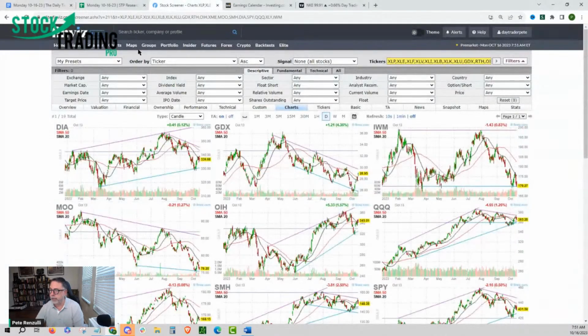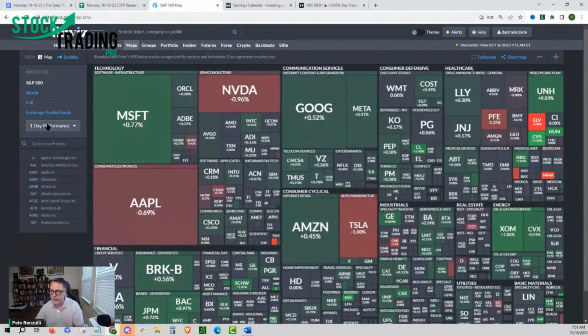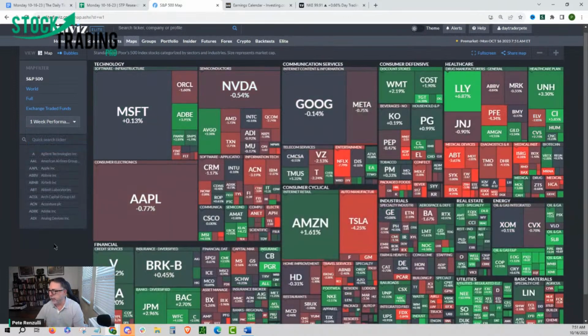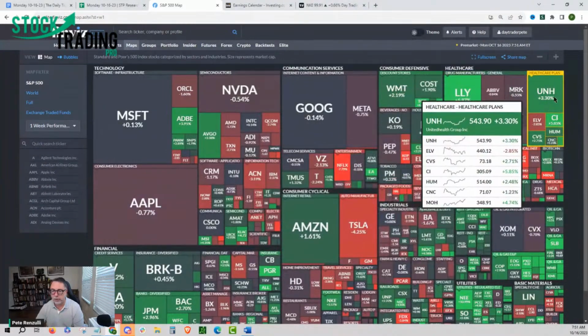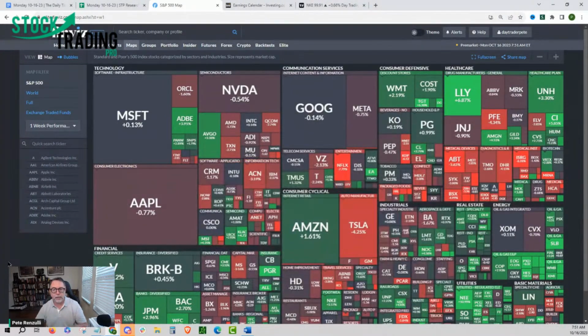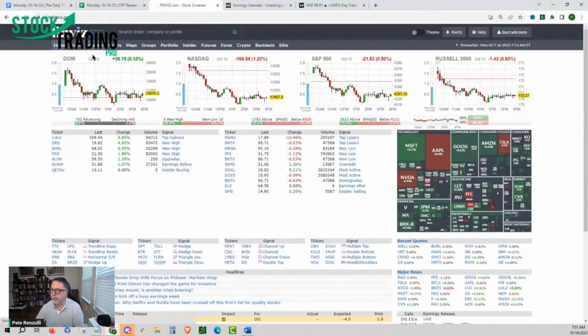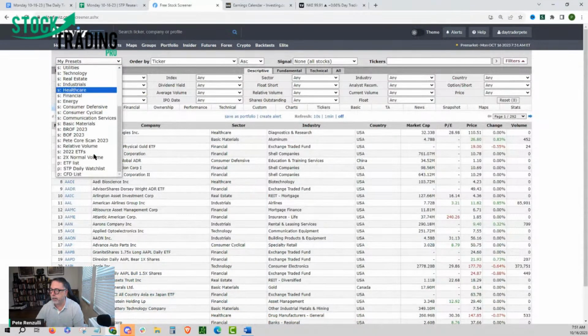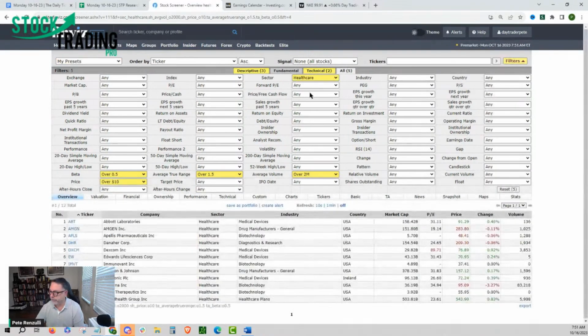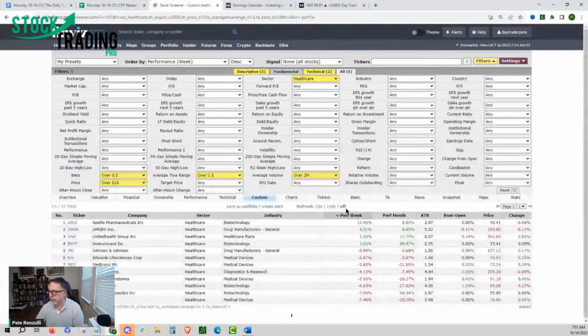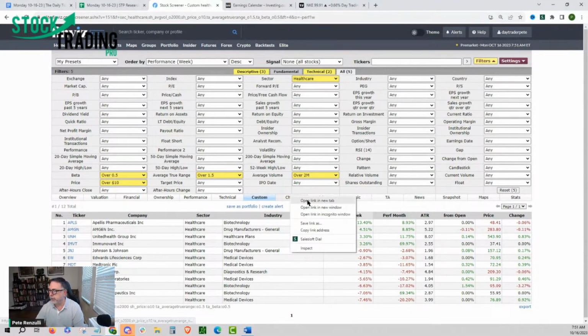So if we work our way into looking at the S&P 500 from last week, you can start to see some pockets of opportunity in healthcare, and especially in healthcare plans that are starting to break out. So if we kind of work our way into that just a little bit deeper, right? Let's say we go over there and pull up healthcare, and we start to sort these bad boys by what they did last week, you can see very, very clearly how